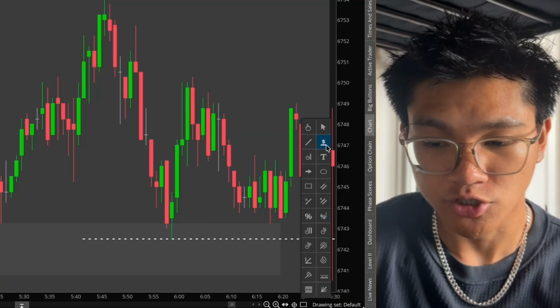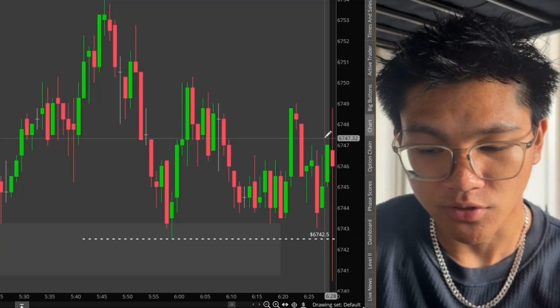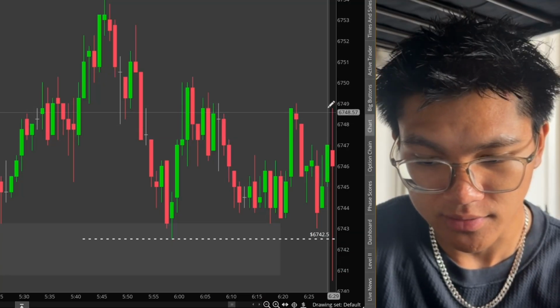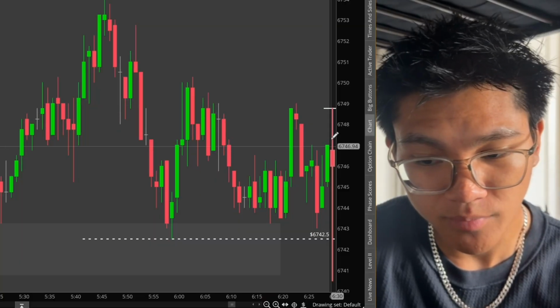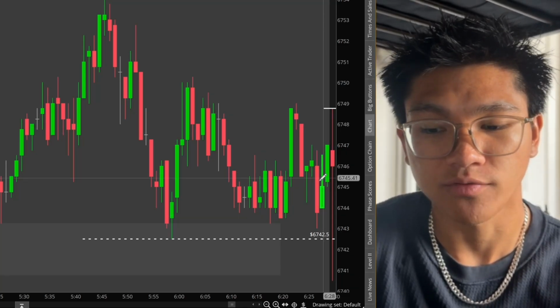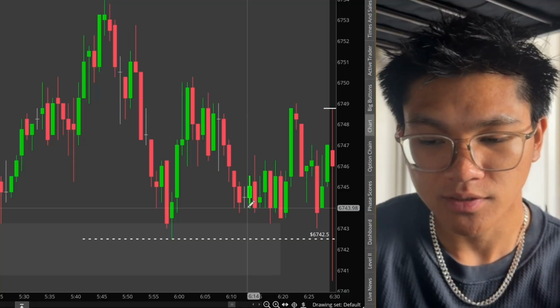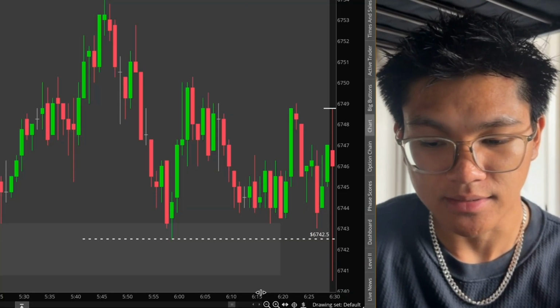Now, what is a break of structure on the 1 minute is going to be the high which led to the lowest low. So in this case, we're going to mark it as this level right here. Why? Because when price opened up, it might have formed this high up here, and then it went all the way down, and then it actually reversed. So just having something that we know where sellers are likely going to defend,